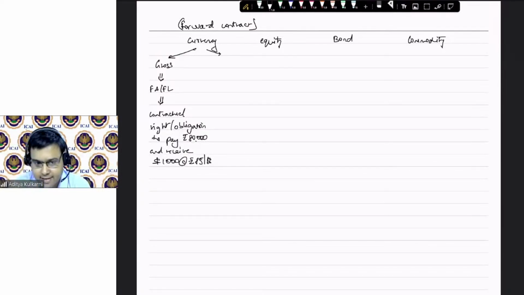Where is the standard saying? The standard is not saying only INR. The standard says cash. Cash could mean any currency. It should have the features of cash. That's it. Okay. Rupees 85 per dollar. Is it okay? Yes. So gross settlement, does it meet the definition of a financial asset or a financial liability? Yes. Right now, don't go into thinking for whom it will be an asset and for whom it will be a liability. The time will come for that.